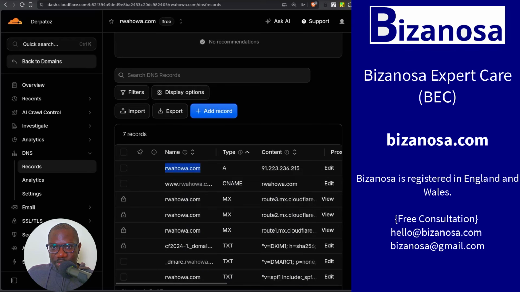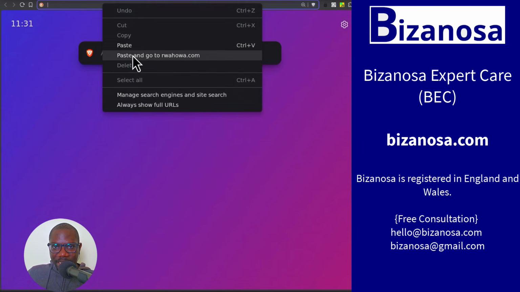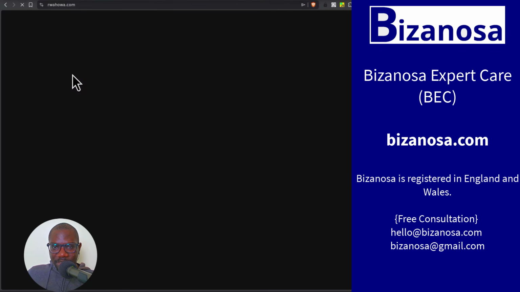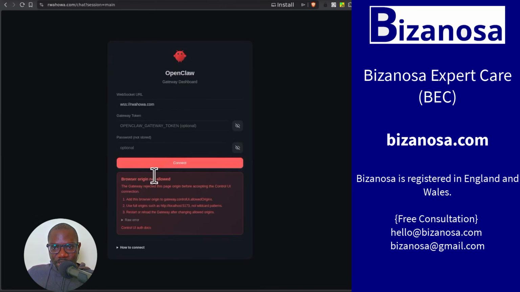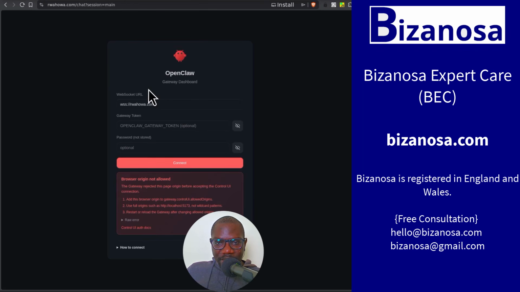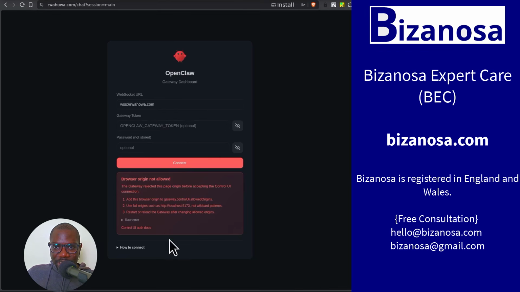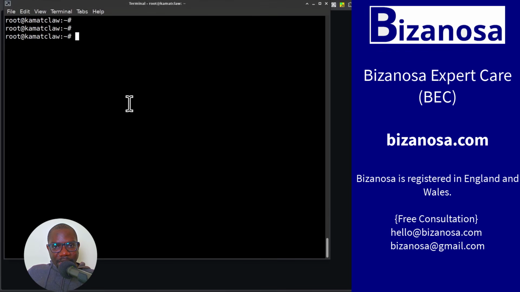If I was to visit the domain, I shouldn't expect anything there at the moment. And you can see it automatically goes to the Openclaw. We want to at least make it so that the configuration explicitly allows this. Let's come to the Openclaw configuration. First of all, let's go to Nginx configuration. I'm just going to go to the Nginx configuration